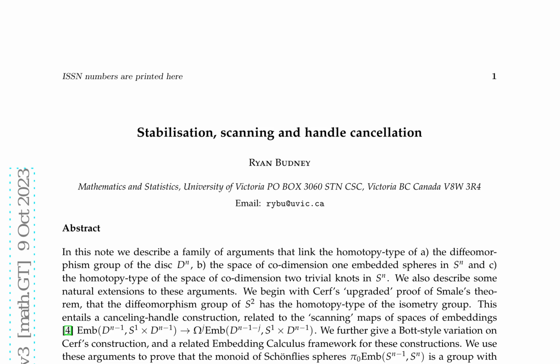By extrapolating from Cerf's argument, the authors establish a homotopy equivalence EMB(D^j, S^{n-j} × D^j) → Ω EMB_ν(D^{j-1}, D^n), for any j. This equivalence is constructed by fiberizing the domain of the embedding by a one-parameter family of codimension 1 disks and restricting the map to these fibers, followed by an appropriate change of the codomain of the family of embeddings via filling. This construction is analogous to Cerf's original maps and highlights a connection to recent light bulb theorems in low-dimensional